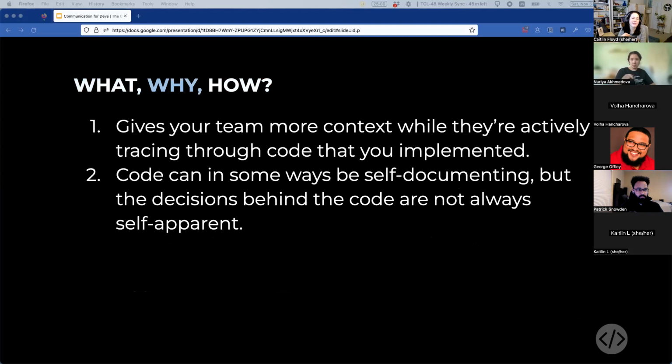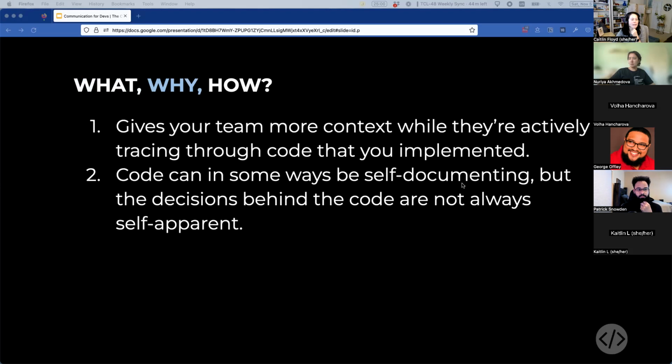So if there's a function that you've written a specific way and it has to be written this way, it can be helpful to just write a comment in your code like, this is what we did, don't change this, because it's being very intentionally done this way. Can make it easier for future developers in your code base to understand that this is something done with a purpose. So it gives your team more context while they're actively tracing through code that you implemented.